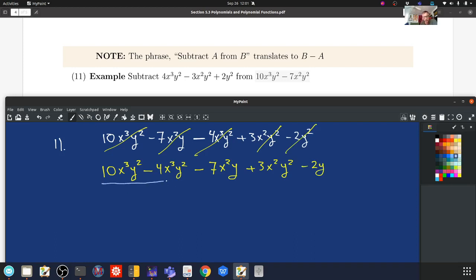So my only two like terms are these. These are all individual like terms. There's only one of them. So there's not much to do here at the very end. 10x cubed y squared minus 4x cubed y squared is 6x cubed y squared. And that's going to be,